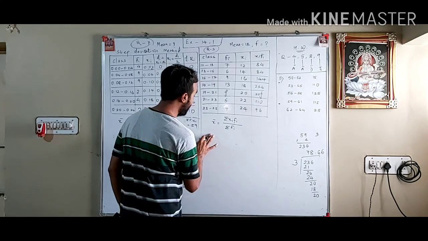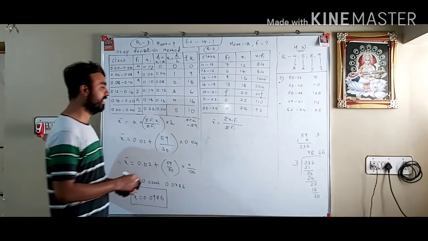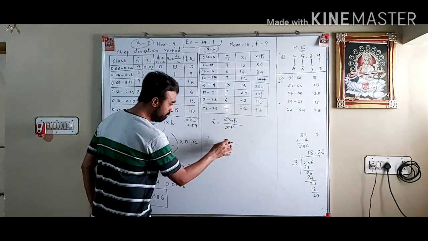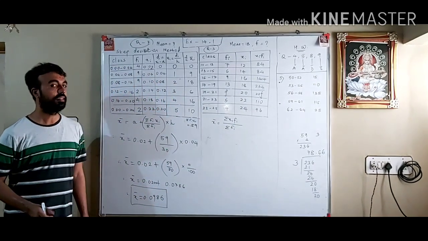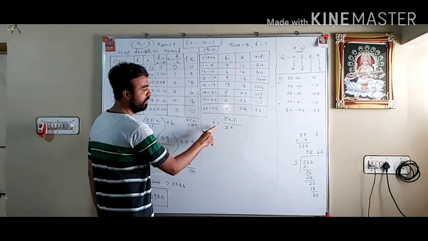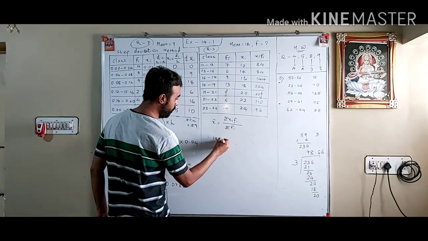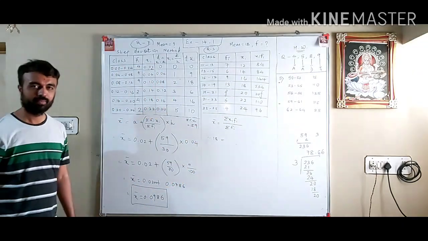अब तक हर बार क्या होता था कि मीन ढूंढना होता था, इसीलिए लेफ्ट हैंड साइड पे हम x बार इक्वल्स टू करके लिखा करते थे. दिस टाइम मीन इज नॉट द क्वेश्चन. दिस टाइम x bar is given and how much is that? 18. So here you need to put 18. Now this two,